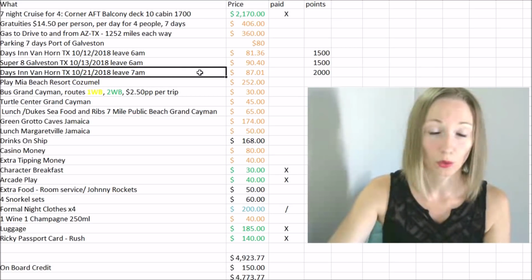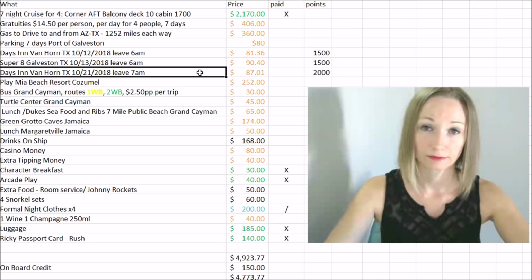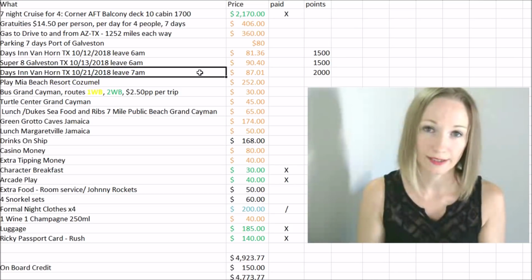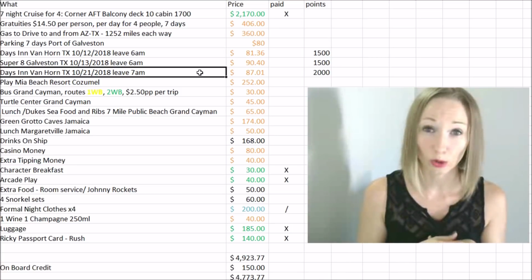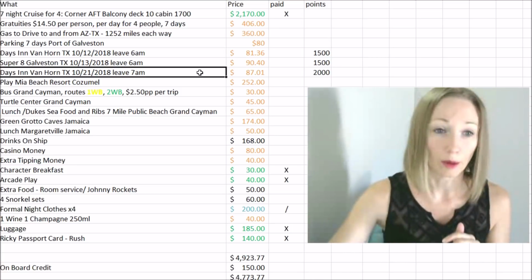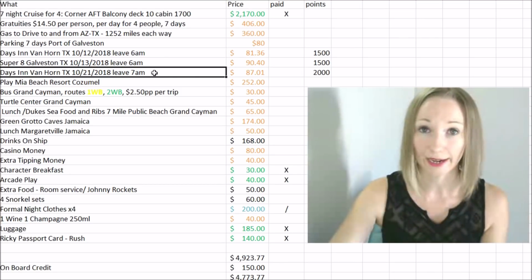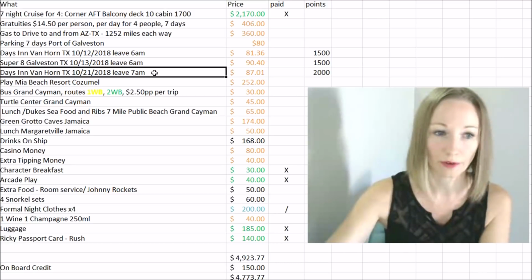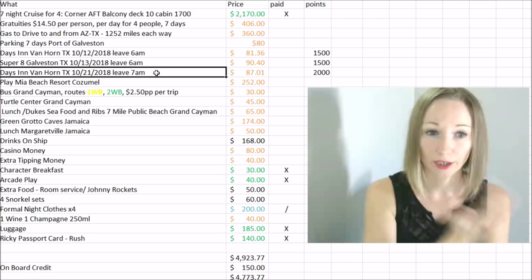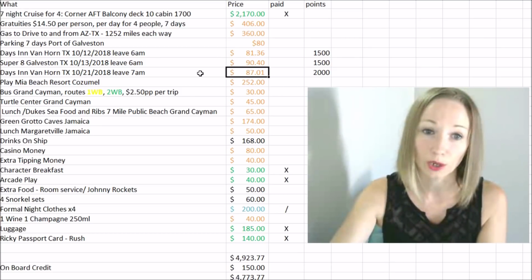And then this is on the way back. So the ship will get back on October 21st. Now the ship gets there at 6 and then people start disembarking. I'm not sure exactly how long that whole process will take. I just put on here that we would leave by 7 in the morning. It could be closer to like 9 in the morning, to be honest with you, by the time we get off the ship, get to the car, and start driving back. But we're just going to go straight back through. Again, we're going to stay at that Days Inn in Van Horn, Texas again, and that time it will be